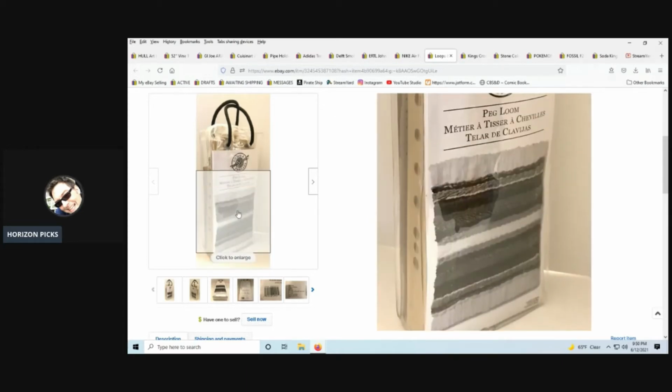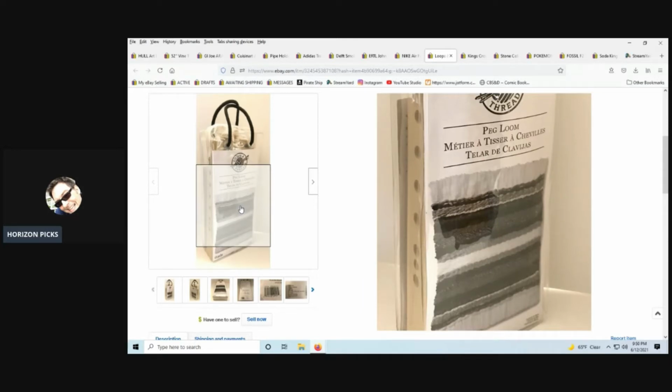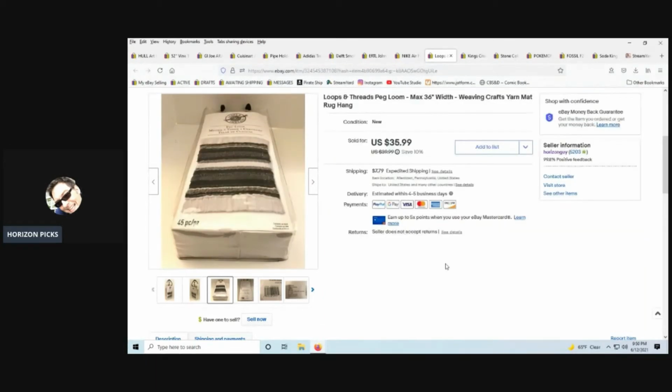It makes a really cool rug, I guess. It's a peg loom to create this tight type of woven rug like that right there. So craft stuff always moves, especially when it's new like this. So moving on,